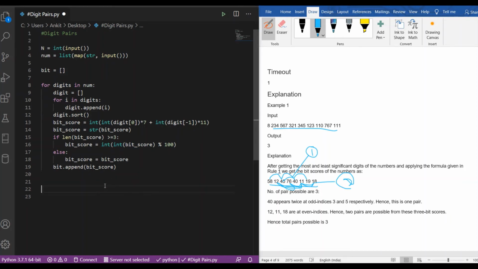So first of all, we will separate out the bit scores by the position.